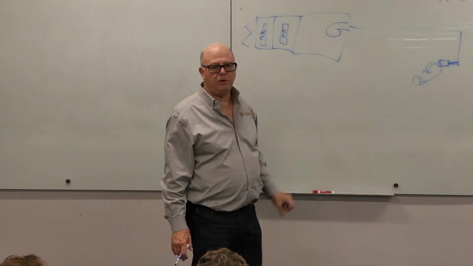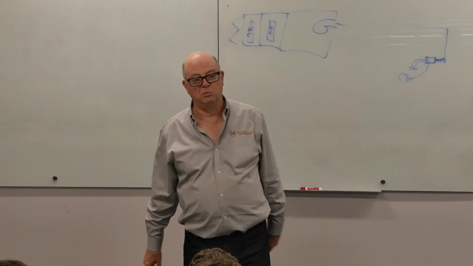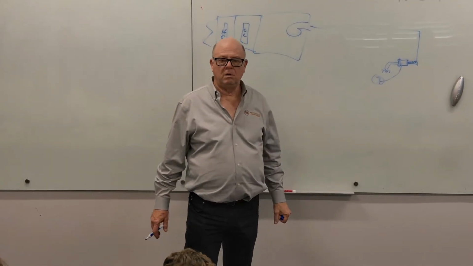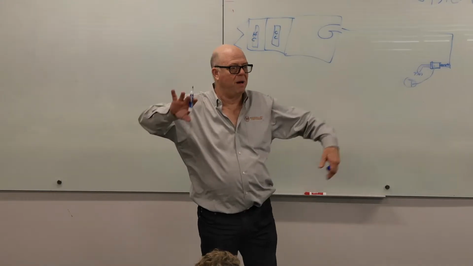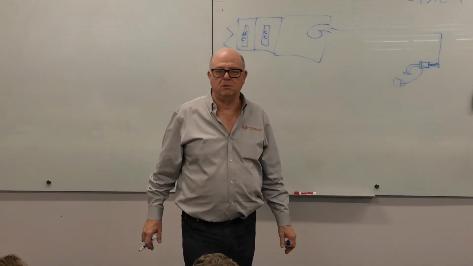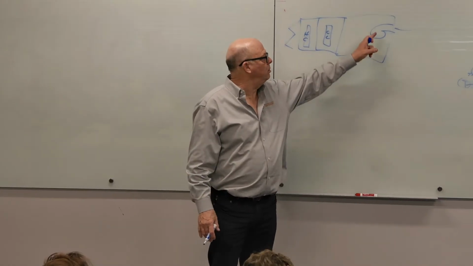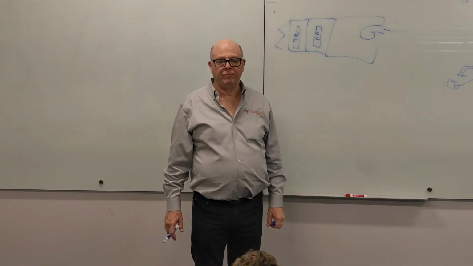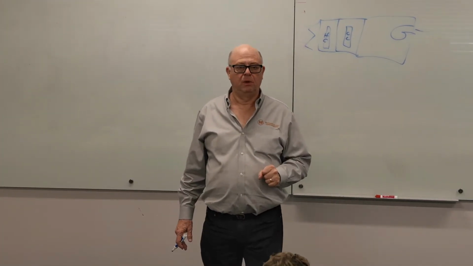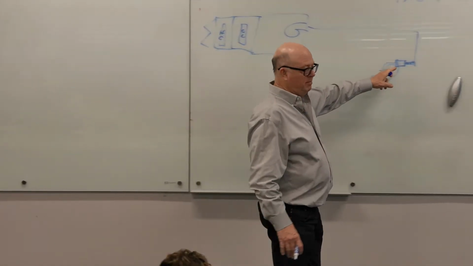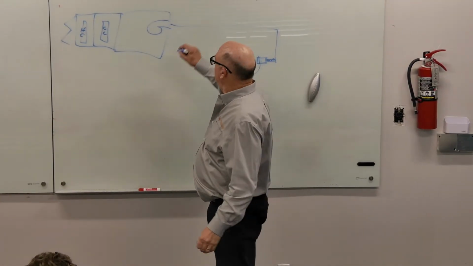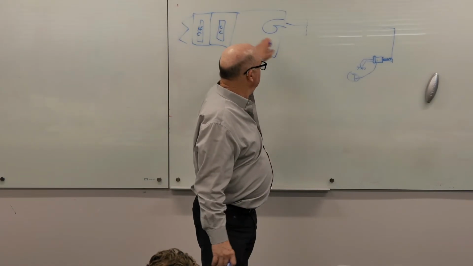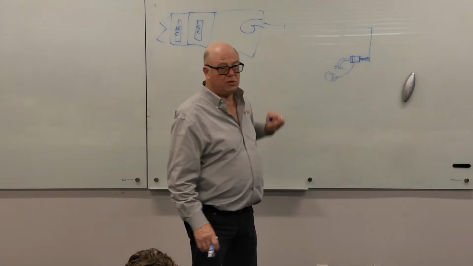How does that fan know what to do? I mean, the control system will enable it, but it enables the whole system. But how does it know variable volume, right? Various boxes are doing more or less, so how does it know what speed to run at? Well, let me tell you what it doesn't do. We don't count the CFM at every VAV box, total it up, compare it to what we're measuring there, and speed the fan up or slow the fan down to make the total here match the total there.